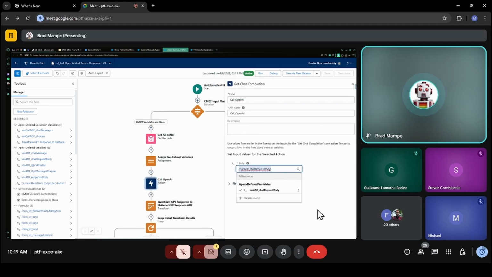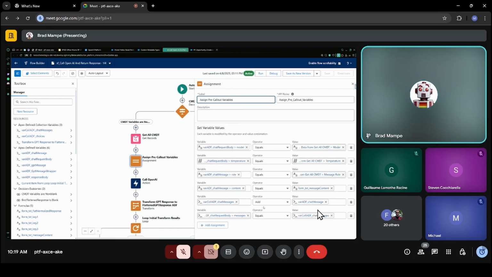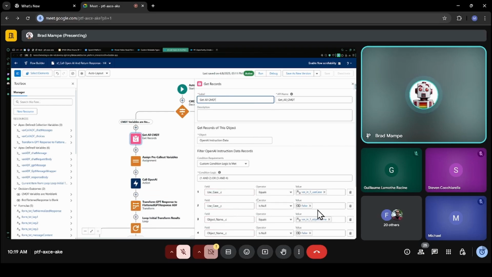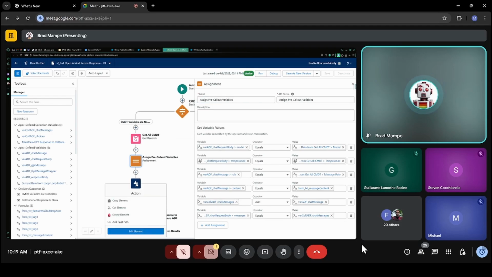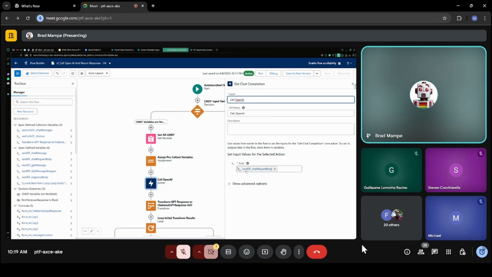We have this variable called chat request body that gets assigned from all of this custom metadata that we got first. It's taking the inputted use case from the parent flow that calls it, along with some other data. It says, hey, here's all this stuff that we're just going to assign, and then we're going to call out to OpenAI with this nicely formatted chat request body.